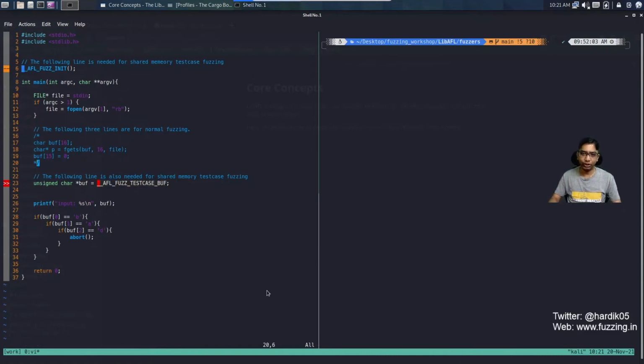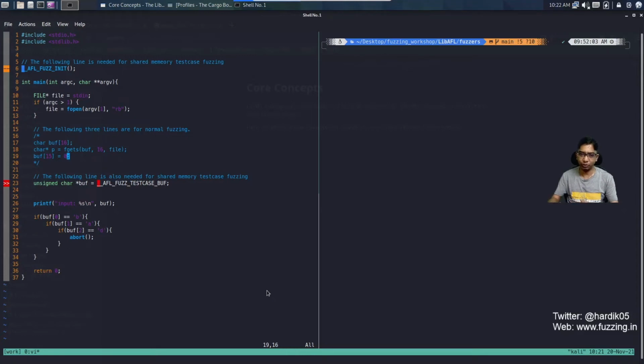And in case of shared memory, you need to use this keyword that is, I think, very specific to AFL++. It will write all the test cases to shared memory instead of disk, and then when your fuzzer needs it, it will basically access that memory and read the mutated data from there. That will actually speed up your fuzzing process, because your fuzzer doesn't need to read and write data from the disk. So that is very helpful for fuzzing performance.